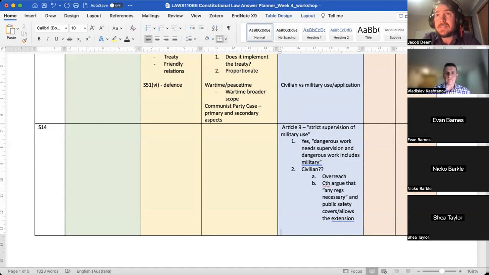The other thing that's interesting about section 14 is the wording around supervision of avatars doing dangerous work, and dangerous work being something that poses a threat to public safety. If you were the Commonwealth and you were trying to make as broad an argument as possible to get these laws valid,